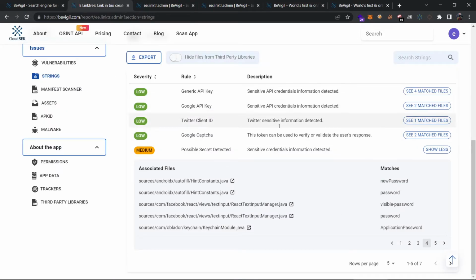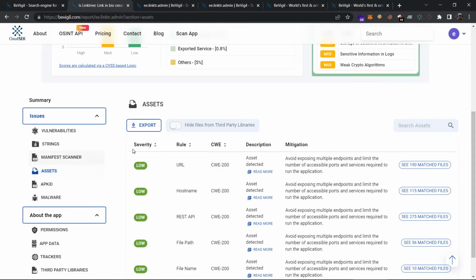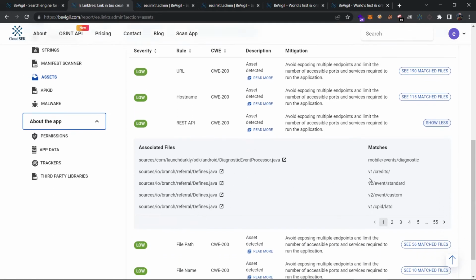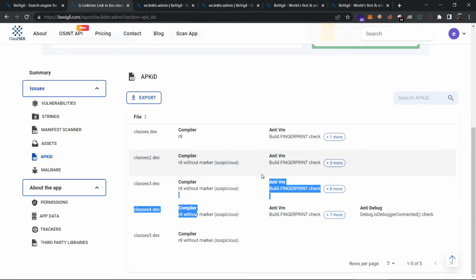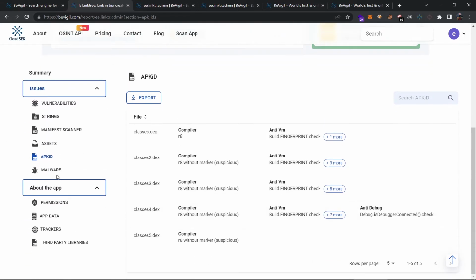Similarly, you can see all these strings here, and then you can go to the manifest scanner and see the manifest. Go to assets, and you can see the host names and API endpoints. If you can find some, you can add these endpoints to your word list. You can go to the APK ID and these things. I'm not an APK penetration tester, by the way. I'm just showing you how good this tool is for